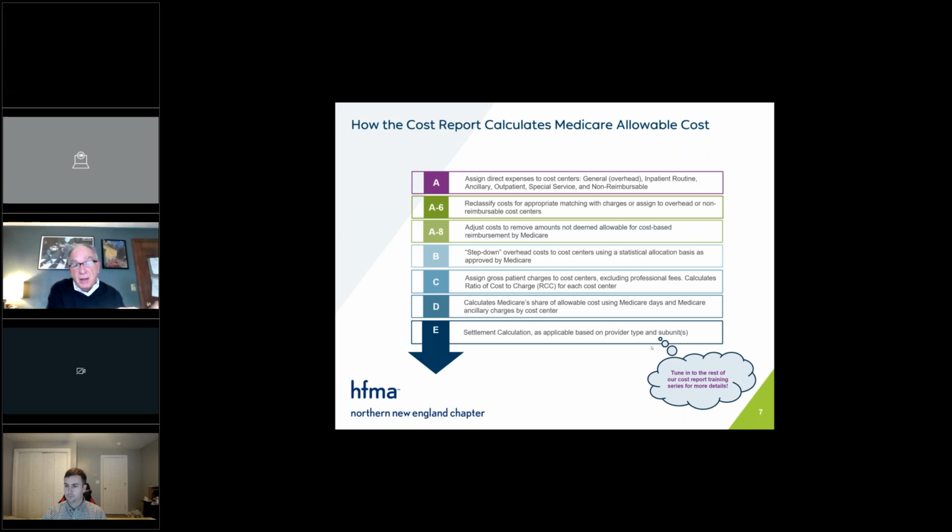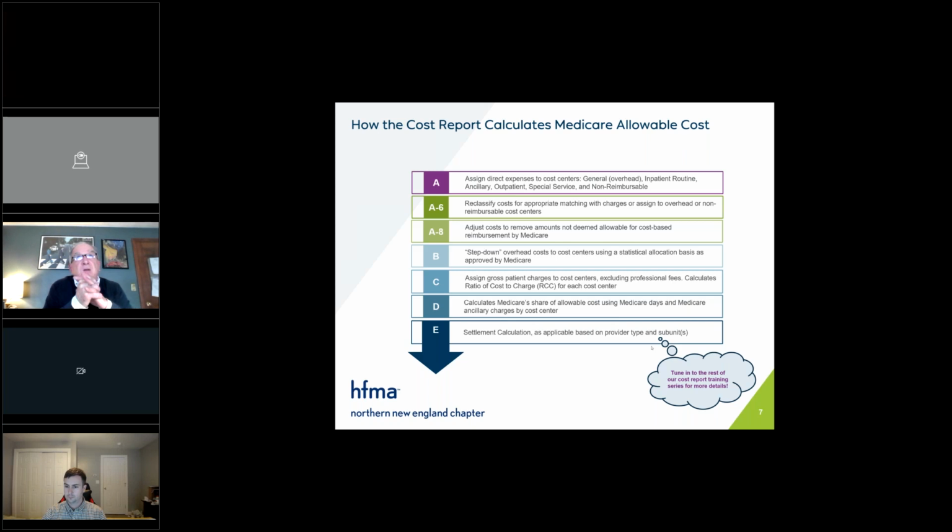So you'll go from your trial balance, and then you accumulate the cost into A&G and patient accounting, and then that one number will then feed into the cost report. So the work papers support the numbers that are on the cost report. And then you'll have some reclassification of cost to match cost with revenue, and we'll get into that down the road. And then you're gonna adjust your cost, and basically you're gonna remove